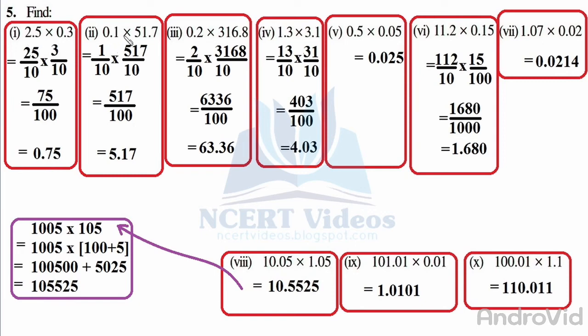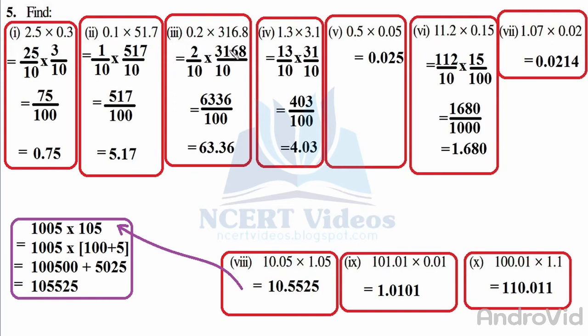Then we have 1 over 10, then 51.7, 517 over 10, multiplying 517, 100, writing this thing first, 517, counting zeros 2, therefore 1, 2. Now 2 over 10,